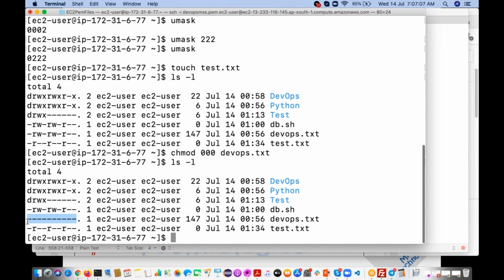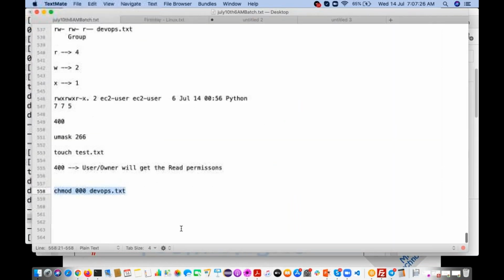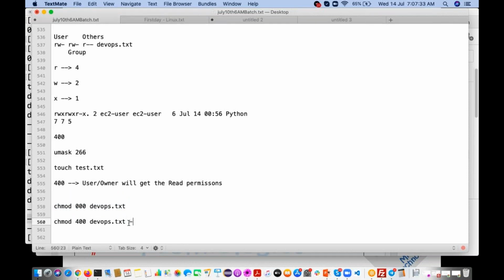Right. Now I want to give read access for everyone. Everyone means user, group, others. What to do? G1 is saying 400. But 400 means read permissions for only the user. My question is for everyone.